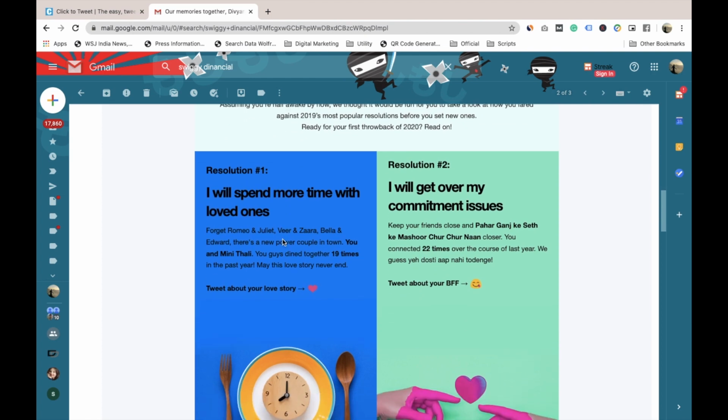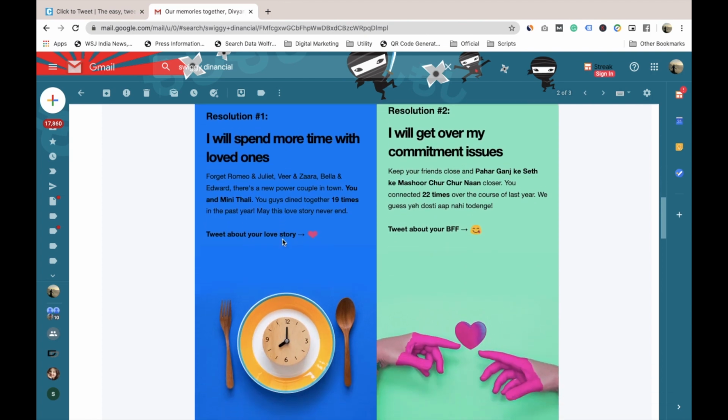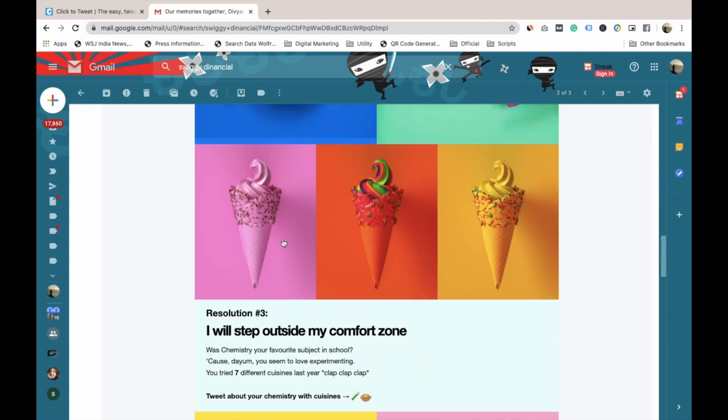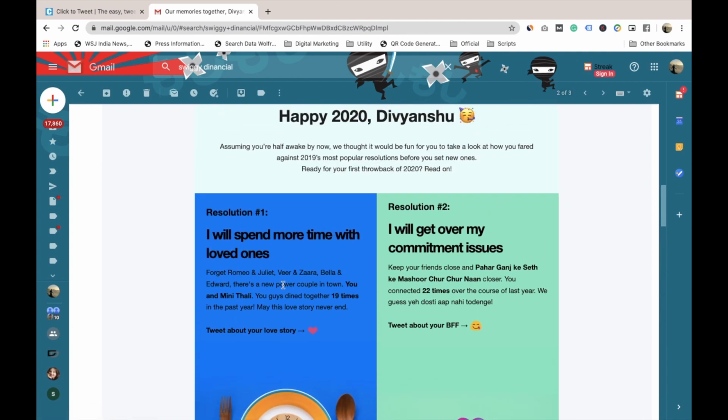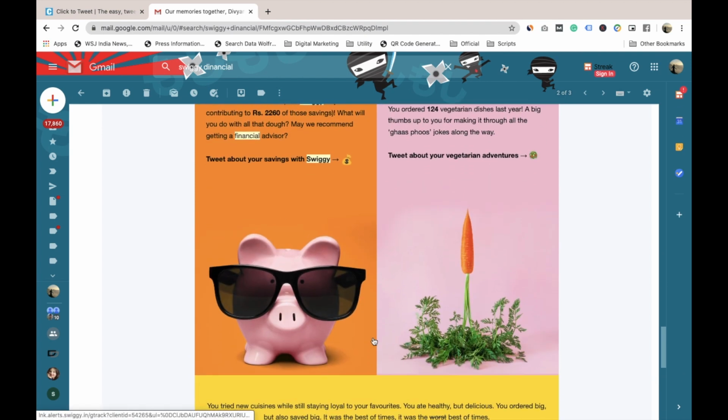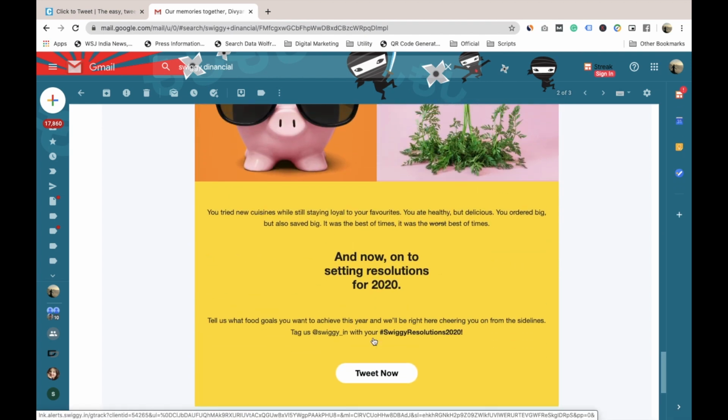There you can see they sent this customized email where they shared insights of what I did last year, like what sort of food I ordered the most, from where I ordered it, etc. So it was an engaging copy that they created, but at the bottom if you check out their call to action button, they have written, tell us what food goals you want to achieve this year and we will be right here cheering you on from the sidelines.